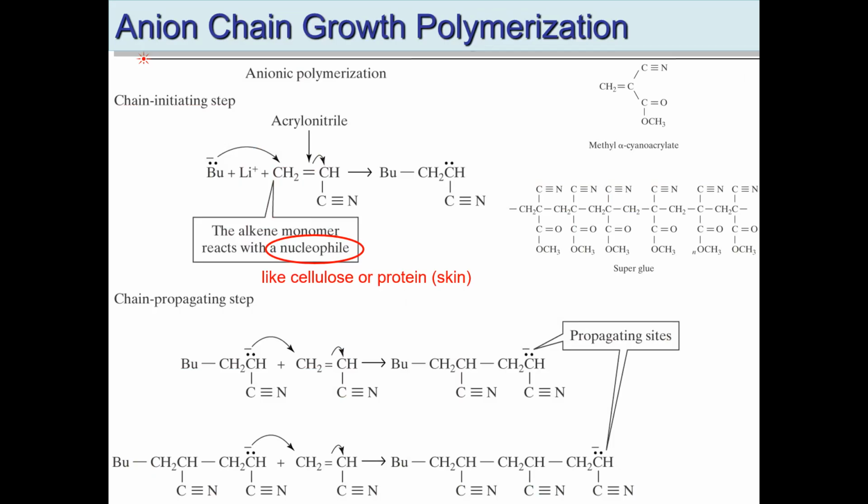So let's look at these chain polymerizations. This is a lot of different mechanisms. I mainly just want you to think about how we would classify these and what kind of impurities we might have. And so here again we use nucleophilic attack. This is that acrylonitrile reaction, and it's going to attack cellulose as well and skin,